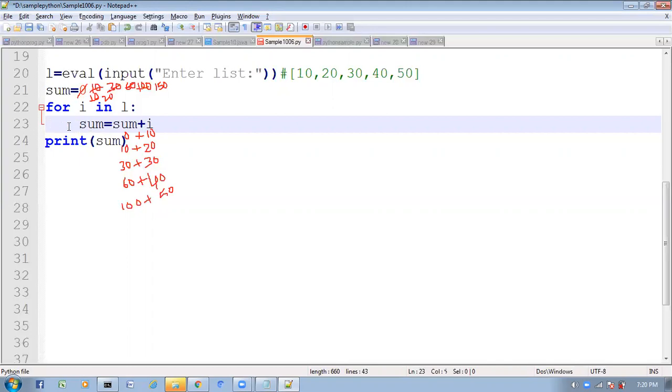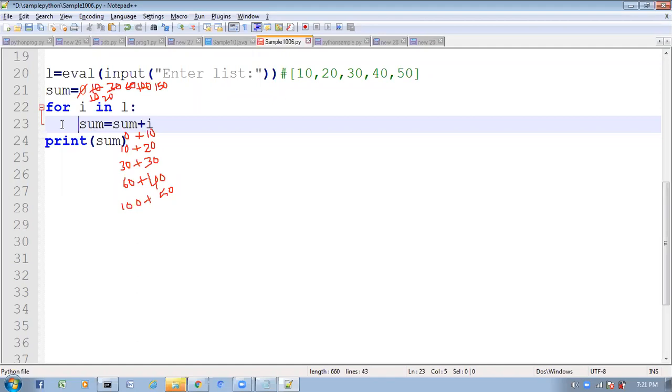This is what we call indentation. We compulsorily have to follow indentation. Clear? If you don't give this space, it won't consider this as inside the for loop, and it will consider it as outside the for loop. Even if you write any if condition, at that time also we have to take the space inside like this. While loop, for loop, if condition, else, elif, every type. In all these cases we have to follow indentation.